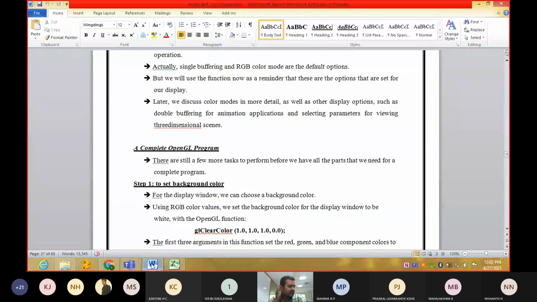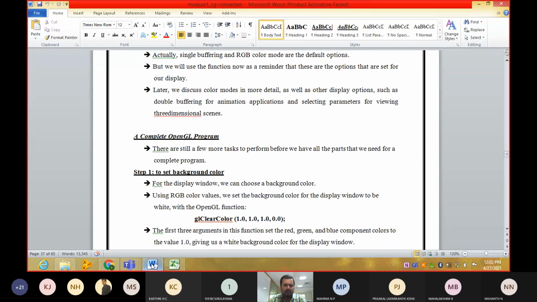Next, we can set the background color of the window also. The output screen window, you can set it to white color or to black color. With glClearColor, graphics library clear color, 1.0, 1.0, 1.0 means RGB, you are going to set to 1. If you set the fourth value to 0.0, you are going to get the screen in white color.